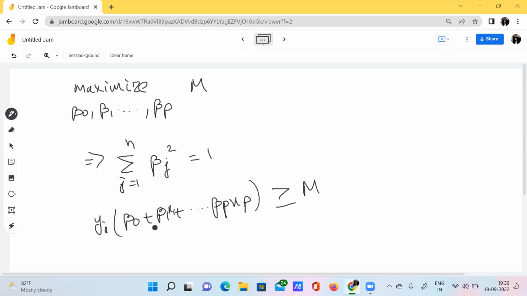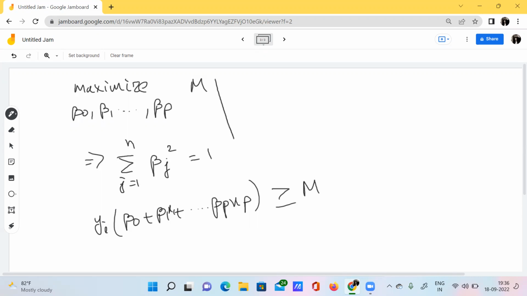So this would be the scenario. If we calculate this entire expression, and if it is greater than capital M, then we can say that each data point is placed on the correct side of the hyperplane, and also with the distance M, right? So this is the optimization problem, and the solution for this particular problem is this one.